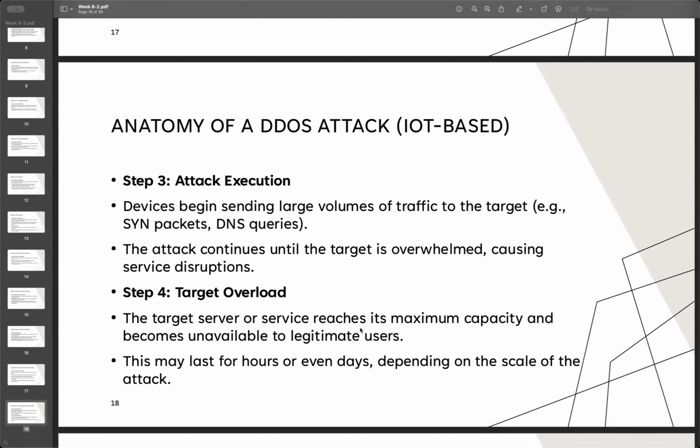They start sending a large volume of traffic to the target, because they don't really care about your device or your network. During the execution, you will see your CPU and network go up to 100%.